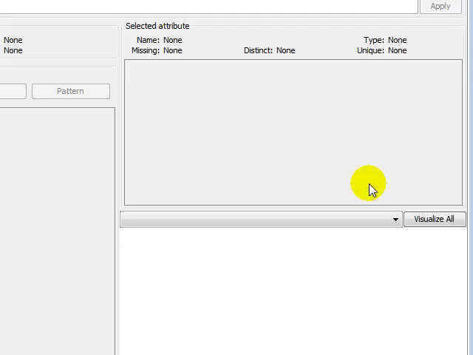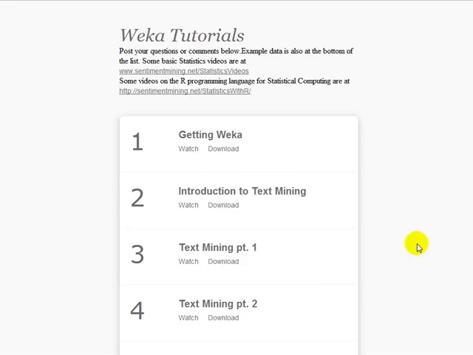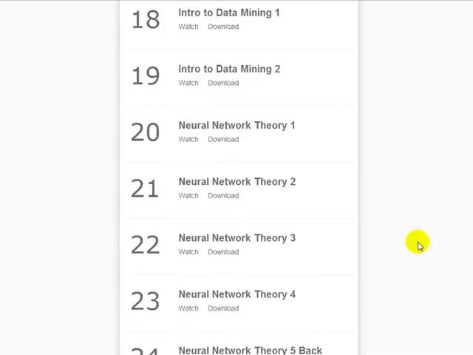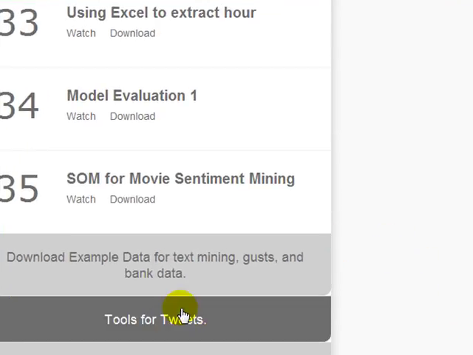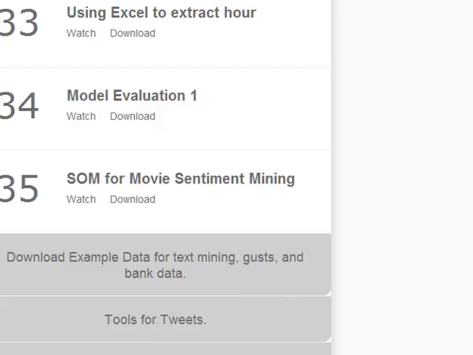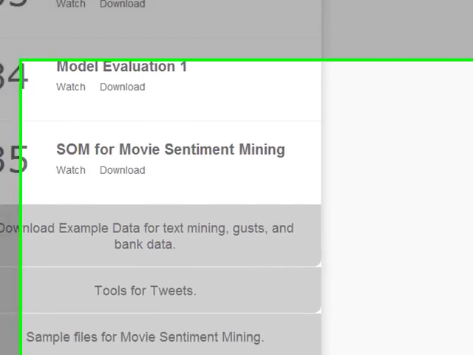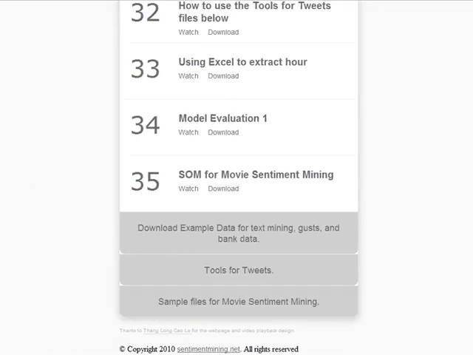And then after that, I'm going to also build a model for predicting the sentiment. So let's go through this. So first of all, I want to go to this website and I'll download this Tools for Tweets, if I can. And that's taking a little bit of time. And at the same time, I will